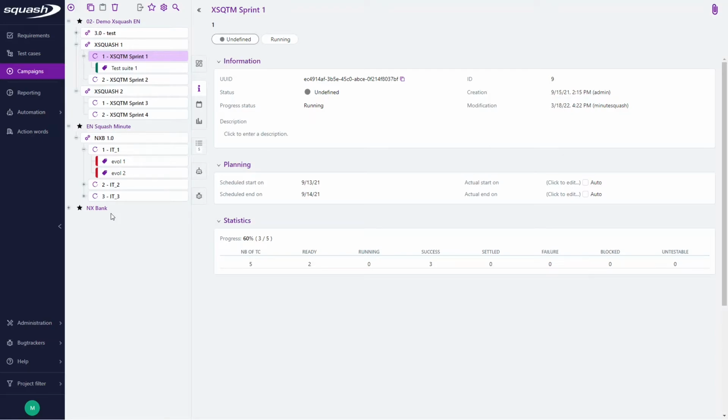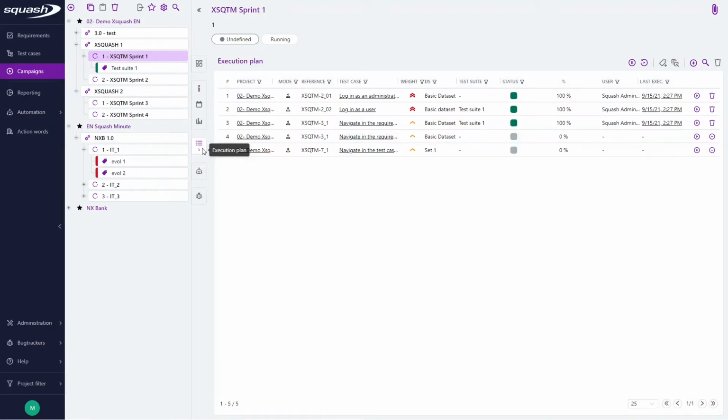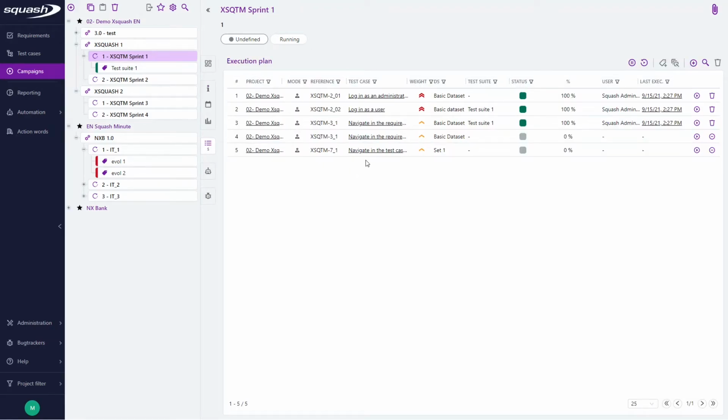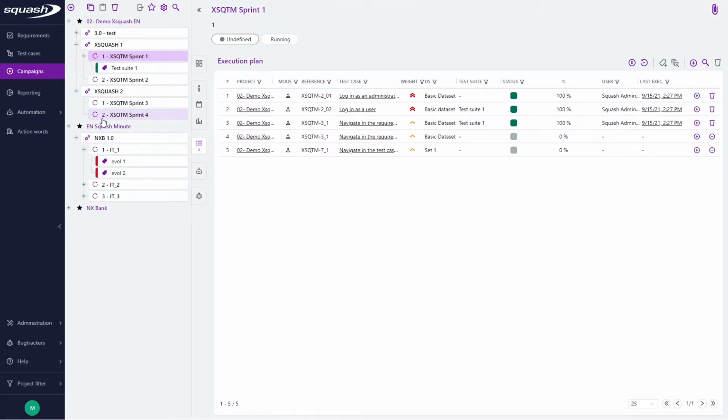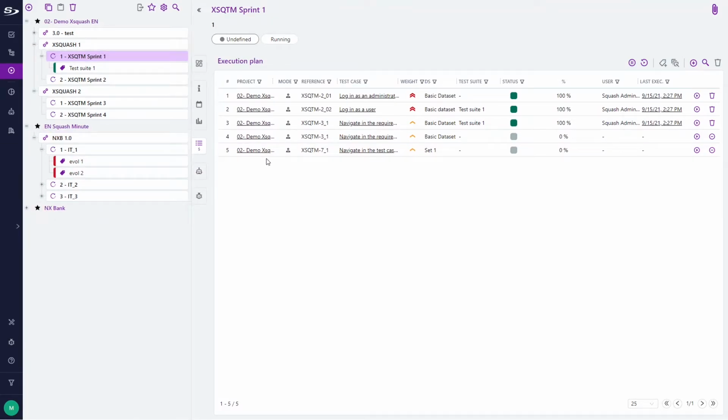Here we are on the consultation page of an iteration, and the tab we will show today is the execution plan tab, here, which allows you to organize and manage the steps from the iteration you have selected in the library. By playing with the width of the library and reducing the navigation bar, for instance, you can find the balance that suits you best without losing readability.